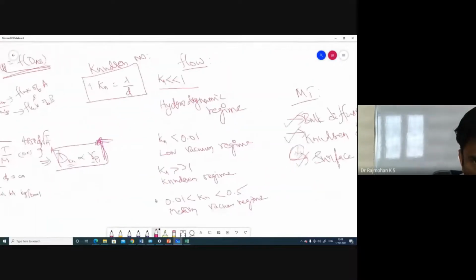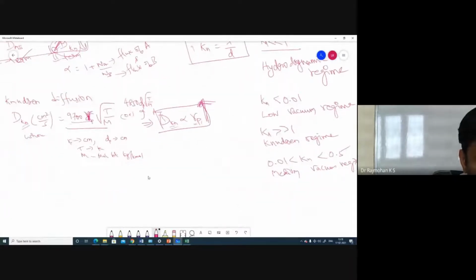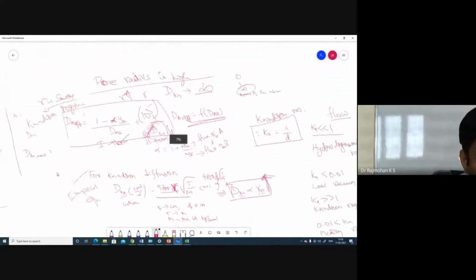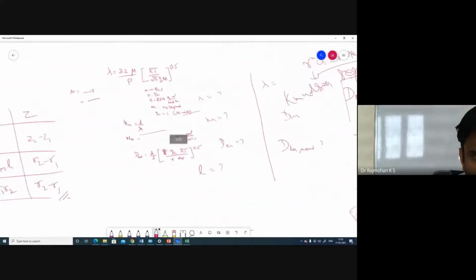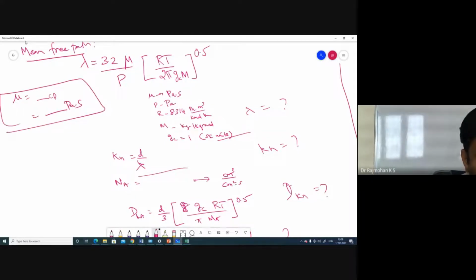I hope you have noted down the formulas to be used. Sir, please show once more. Yeah, I will write it. Anyhow, I will be writing it. So lambda, that is mean free path. Formula for mean free path is... So mu is given in centipoise, convert to Pascal second. First we are doing for oxygen, please remember. First you take for oxygen.